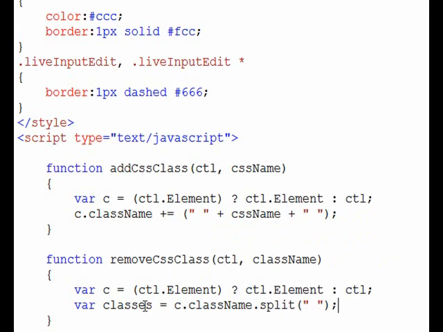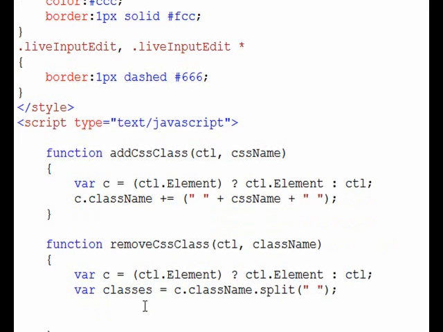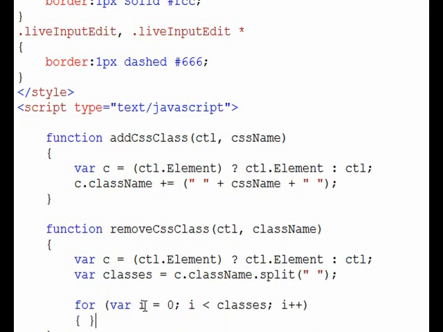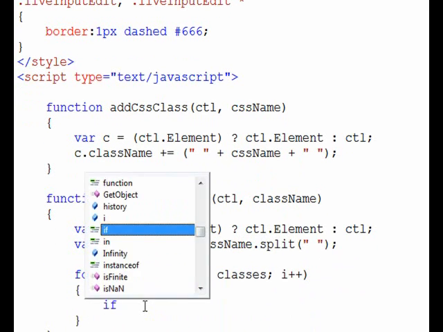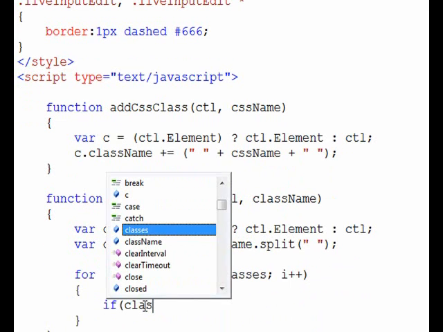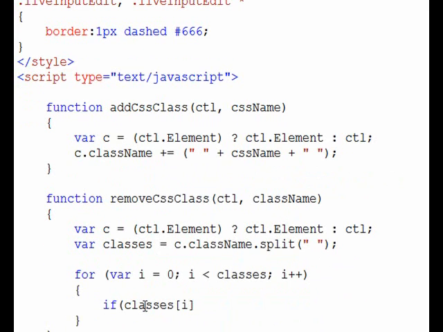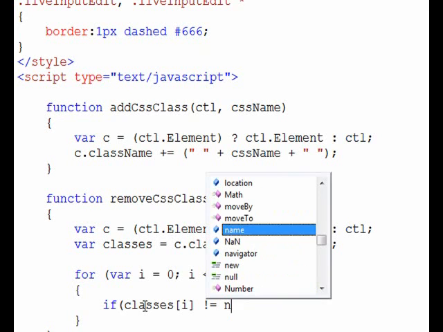So, splitting on space, what we'll do is loop through the array of classes. We'll look at the current one that we're on. So class is I. If that doesn't equal the class name,